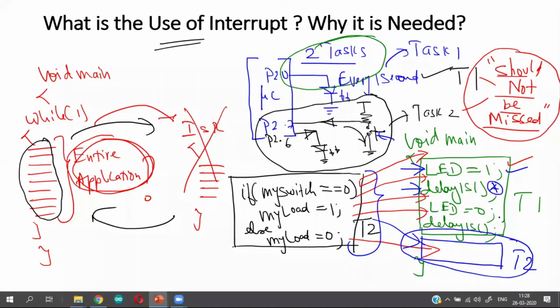These two are single instructions, so they will not take that much time, whereas these two are separate functions, and more importantly, they take 1 second to complete. So during the time interval when somebody is pressing the button, the microcontroller is obviously going to miss that event, which means the microcontroller is not going to take into consideration the key pressed by the user at all, which means that task 2 is missed by the microcontroller.